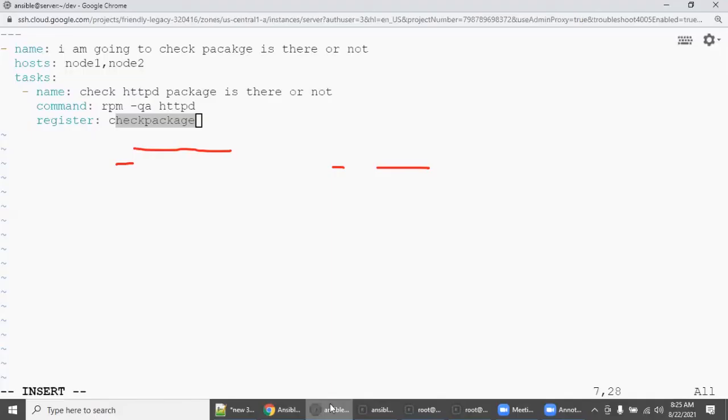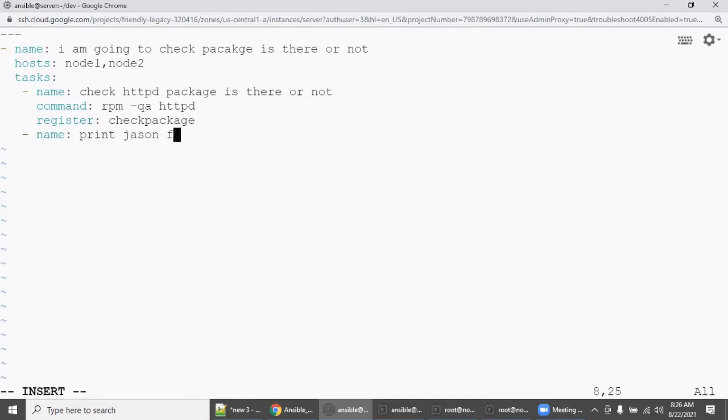So go here. I'm going to clear the screen. So check package. The thumb rule is, whenever you register a package and collect the output, then the first task is name: print it, print in JSON format, right? What is the module? Debug module.